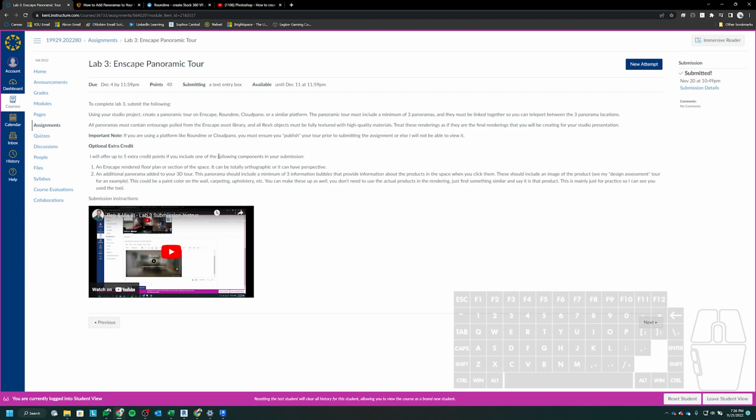And it can be orthographic or it can have perspective, like the section perspective I showed you how to make last week. You can either do one of those, or you can add an additional panorama to your 3D tour beyond the minimum 3 that I'm asking you to put in. The only catch is if you put these in, I'm going to require that